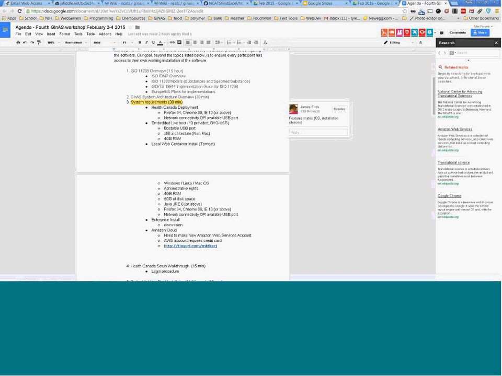Okay, so just to go over one more time: there's the Health Canada deployment, which gives you all the data; the laptop install, the little one, which requires your laptop but doesn't have the data; the enterprise installation we're not talking about; and the Amazon Cloud, which allows you to do things outside of your hardware. Other people can connect to it, but it doesn't have the data either. The only ones that have the data on there right now are the